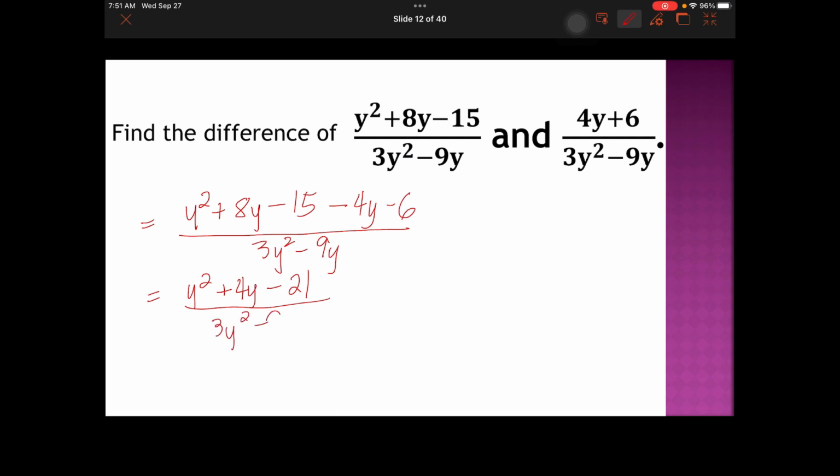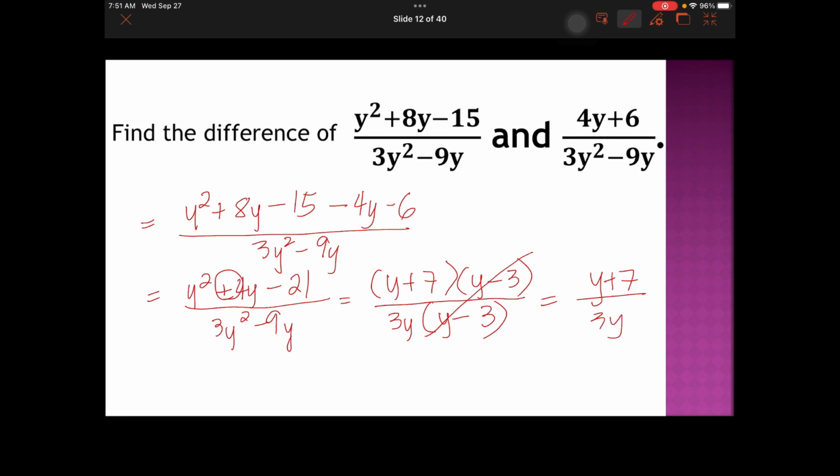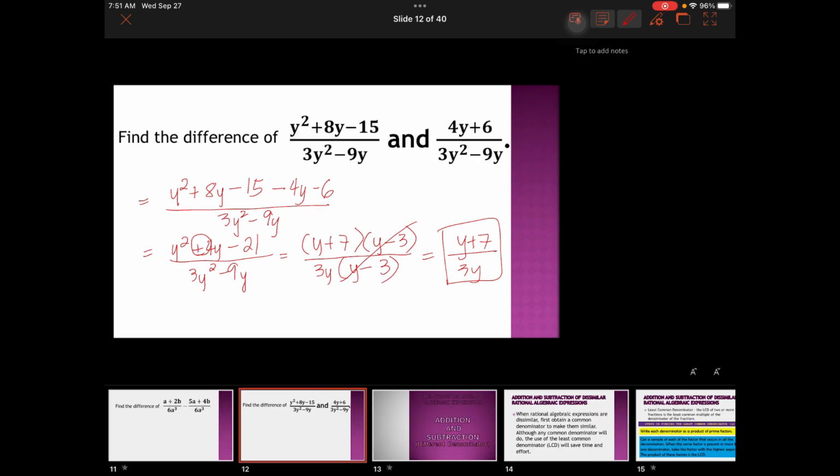Okay, so now let's try to factor these. Ano po ang factors ng 21 that if you subtract will get you 4? So, syempre, may isip natin dyan ay si 7 at saka si 3. So, dahil positive po yung ating 4, ang mas malaking number yung positive natin. Tapos yung nasa ilalim, we're gonna factor out yung what they have in common, which is 3 and y. At ang matitira po natin ay y minus 3. So, of course, we can cancel this. Ang final answer po natin ay y plus 7 over 3y. Okie dokes. Alright, so now let's move on to